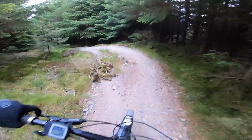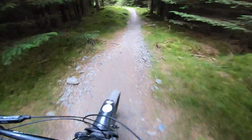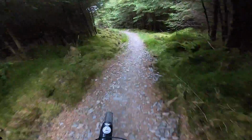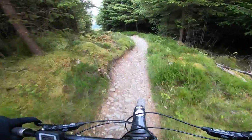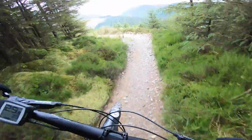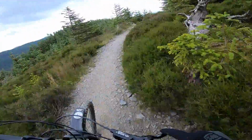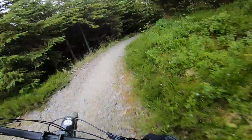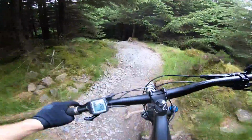Geometry is so spot on. 65 degree head angle, 75 degree seat, so it's not crazy radical. The E180 is slacker with more travel because it's an even faster bike, but just the weight placement as well. And you've got a super short 40mm stem, about as short as you can go with a 35mm bar, 780mm wide bar. You've got decent grips,